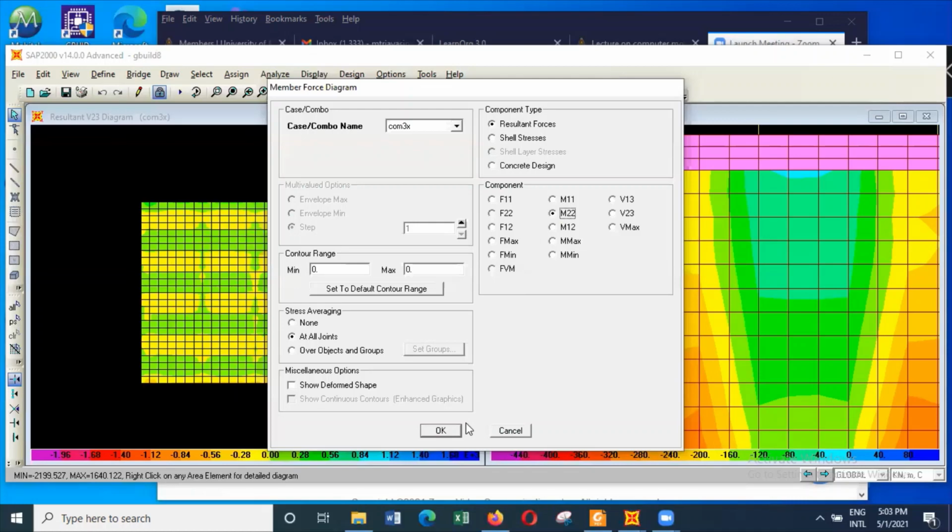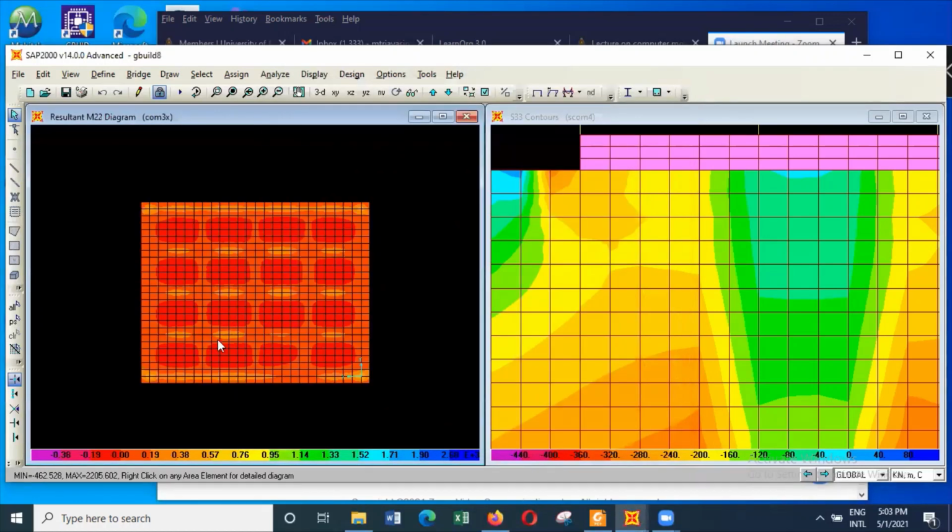An M22 value, which is the bending moment in this direction, we are getting a bending moment of 140. And this is actually a local value. The reason is here we are getting a rib. Here also we are getting a rib. Here we have a rib. Here we have a rib. So what actually happens is these moments are the moment values that we get in the bottom slab, because these